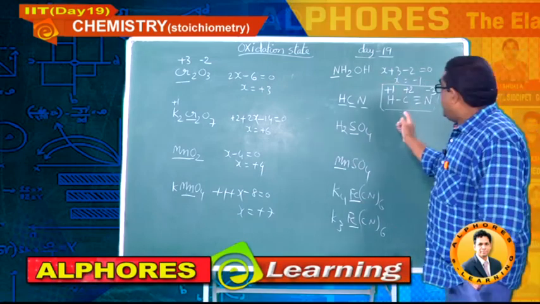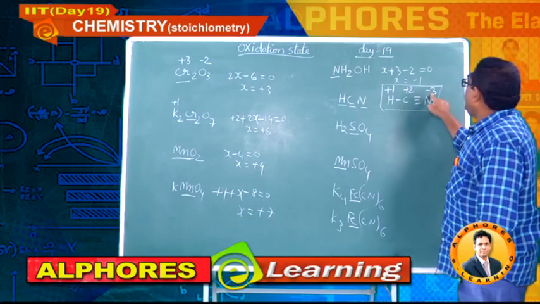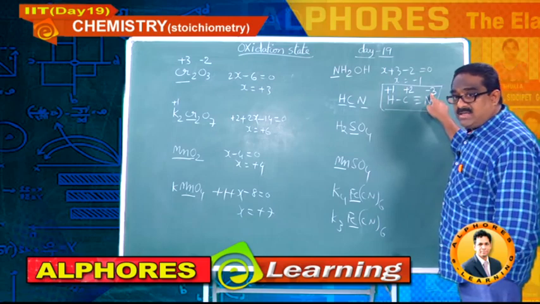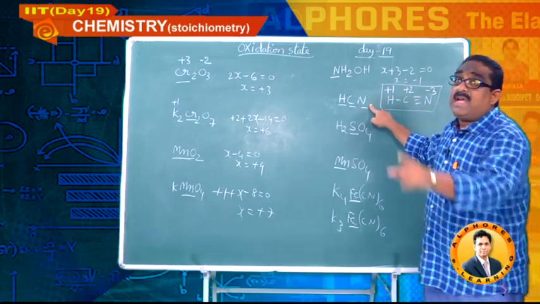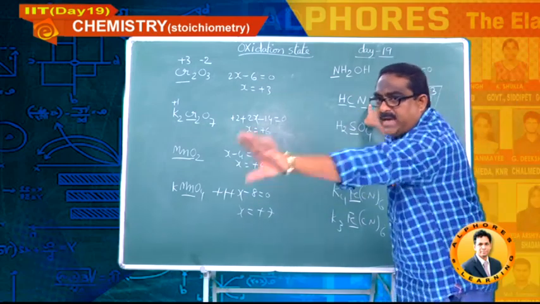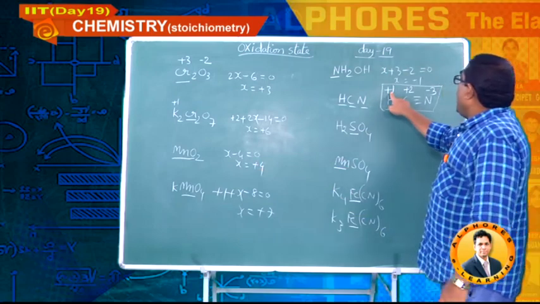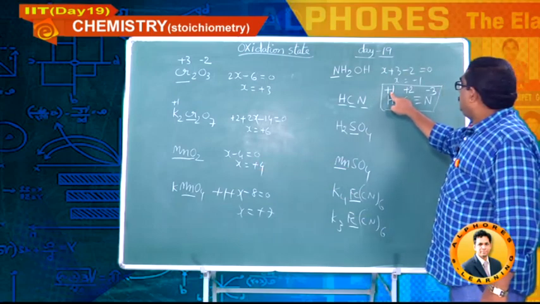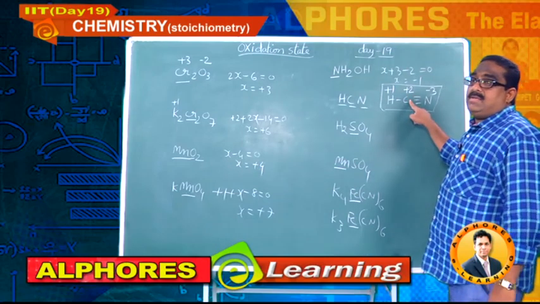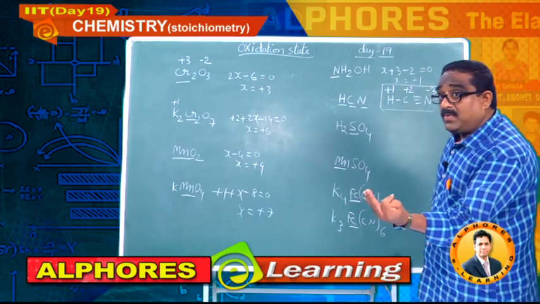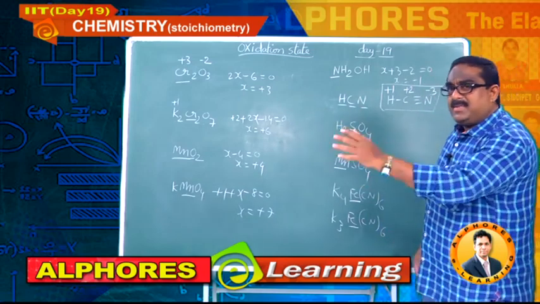Concentrate, students. Nitrogen is forming 3 bonds and is more electronegative than carbon, and I have assigned minus 3 oxidation state. Hydrogen you should assign plus 1 in its compounds, except in metal hydrides. It is not a metal hydride, so I have assigned plus 1. So the remaining should be balanced with plus 2 for carbon. See, carbon exhibits plus 2, plus 4, minus 4 also in some other compounds. So the same element exhibits different types.